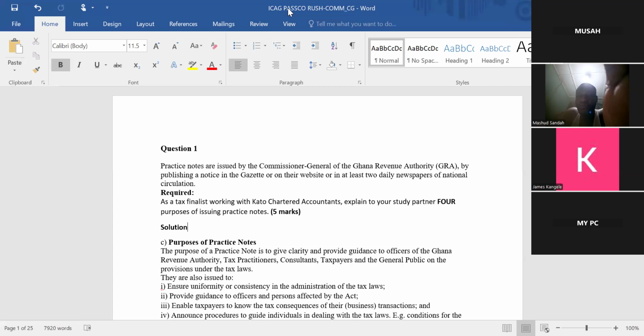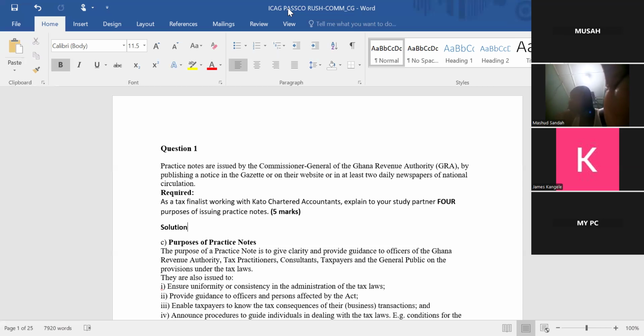There are some powers of the Commissioner General that cannot be performed by senior revenue officers. This particular responsibility cannot be delegated by the Commissioner General. Sometimes it is only the three commissioners that perform these duties on behalf of the Commissioner General. And one of them is the issue of practice notes. If they issue the practice note and the Commissioner General has not signed, a commissioner will sign for it. So all this cannot be delegated to a senior revenue officer. Another one is compounding of interest or waiver of interest. It is only the commissioners that can perform this function on behalf of the Commissioner General.